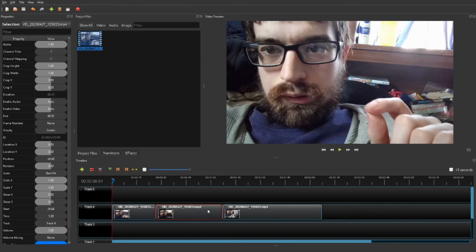display properties, remove clip, then drag it over, use that tool to lock it in and play it. But I'm not going to mute the,